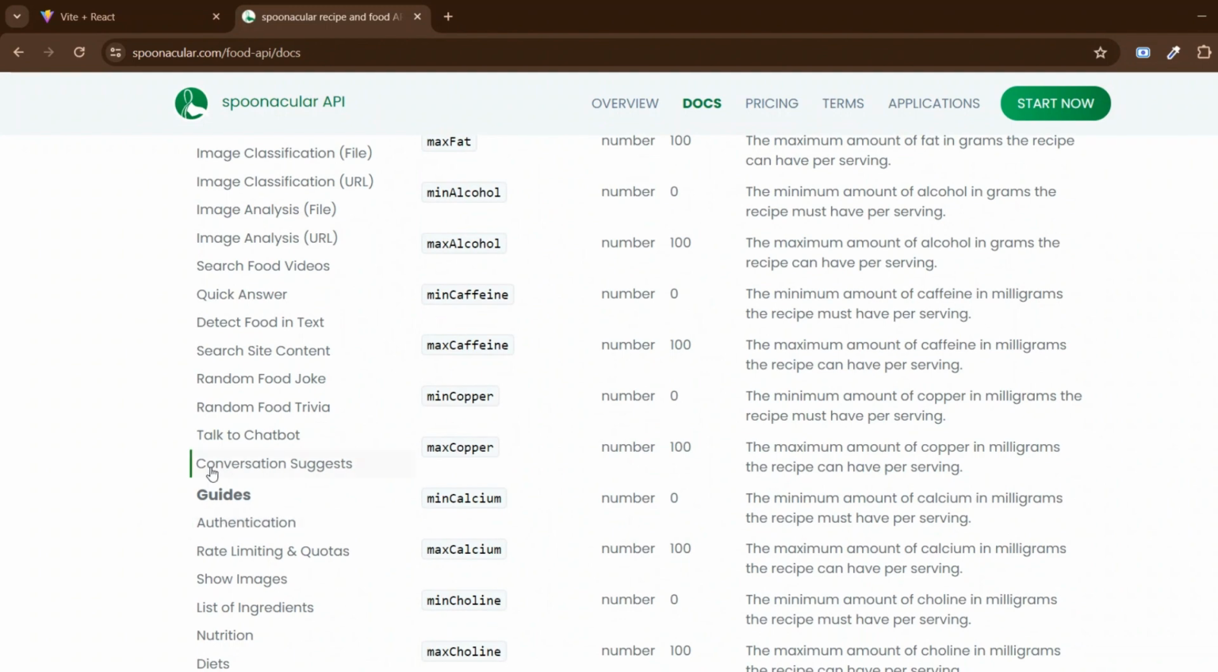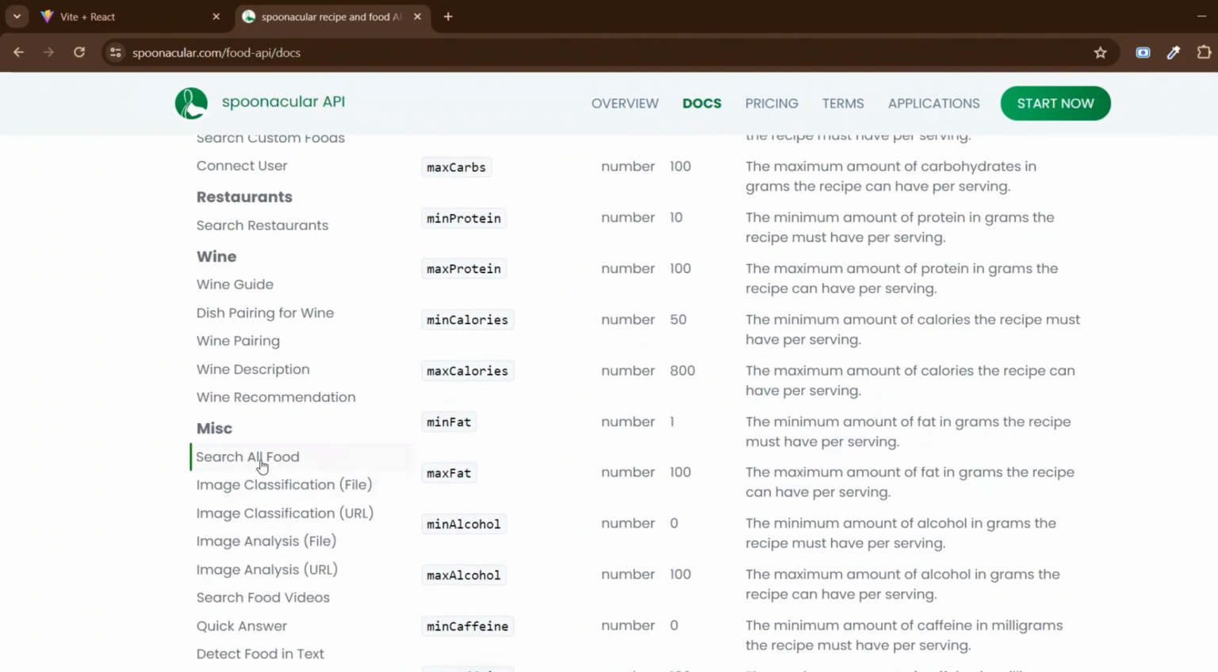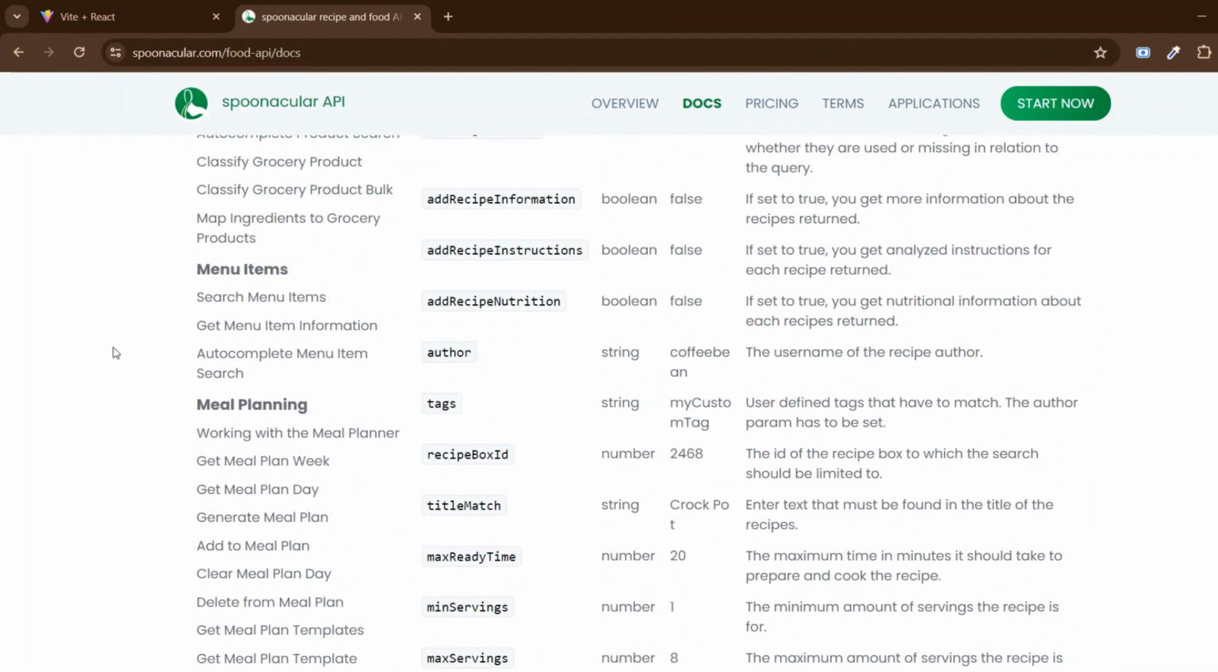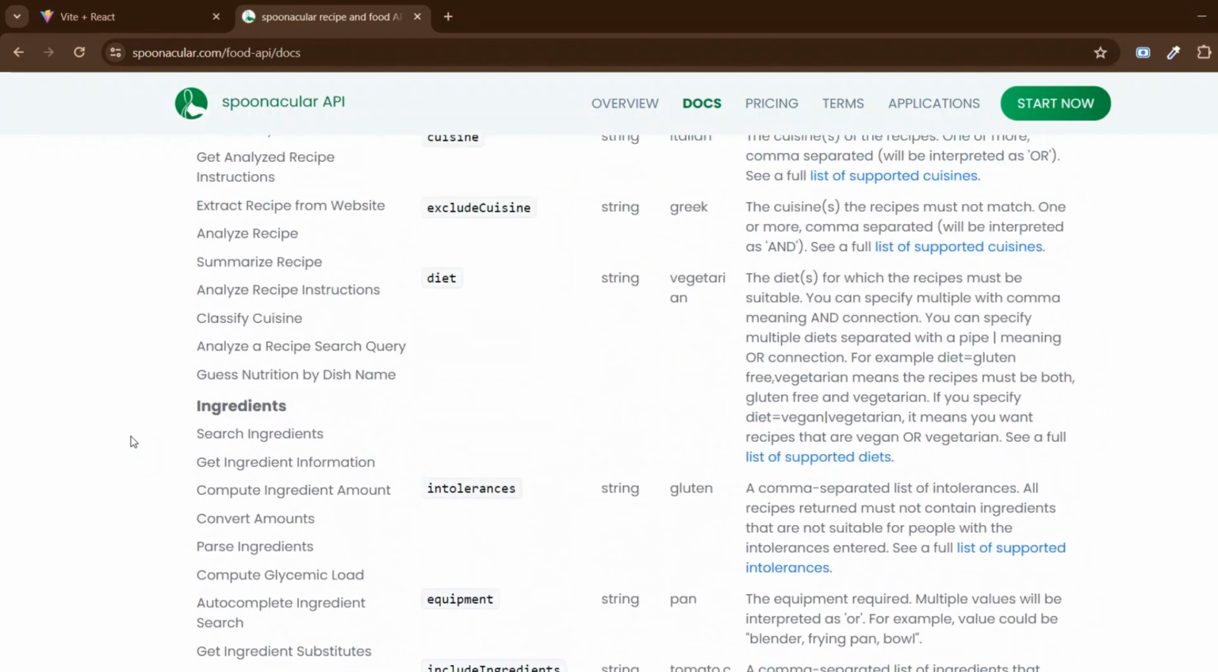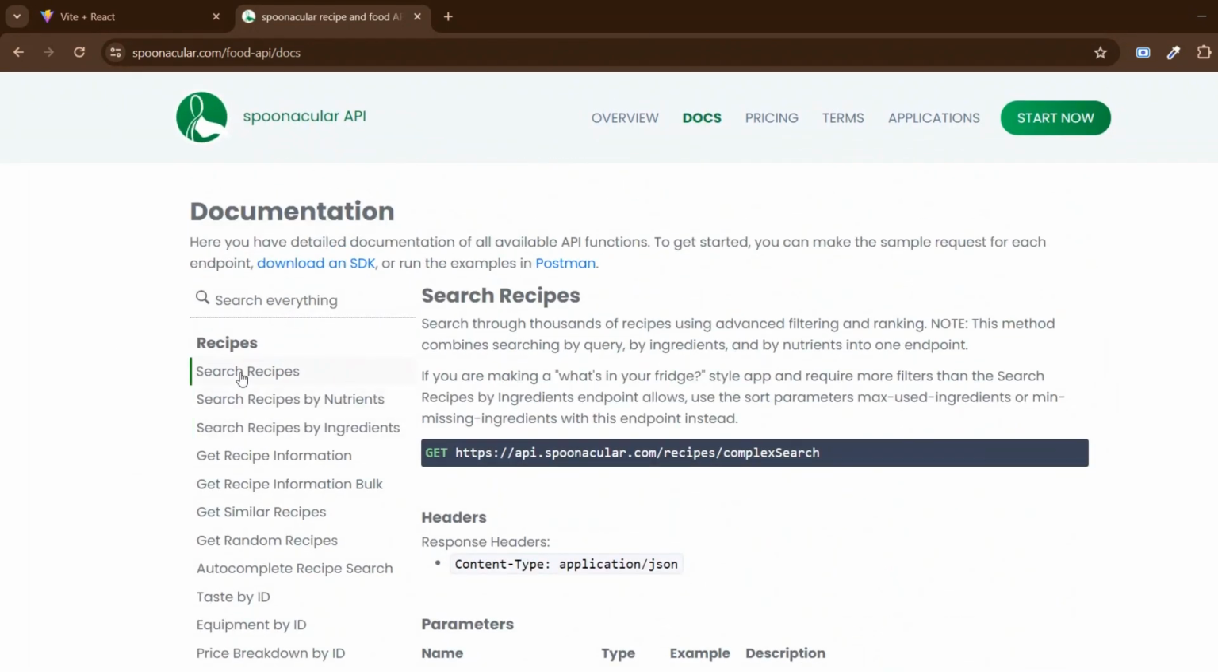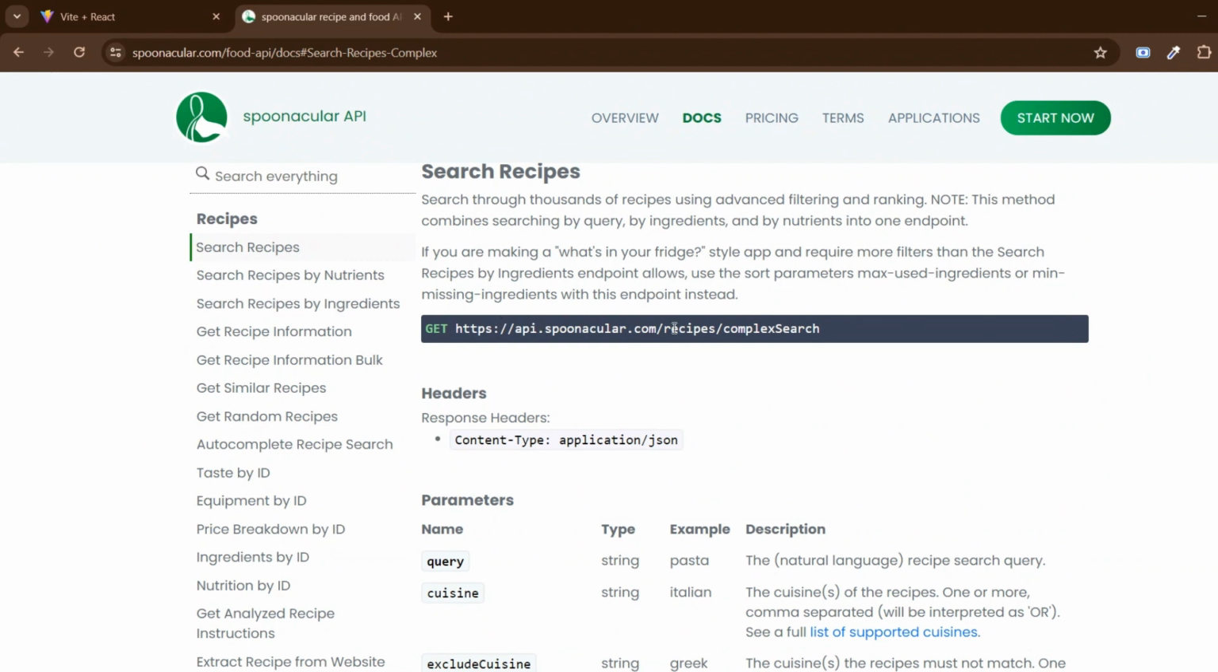For the authentication endpoint, it will display authentication, and then search all food. If you want to see, check it all. But in this video, I'm going to use this search recipes API endpoint. As you can see, this is an API endpoint with a get method. So simply copy this